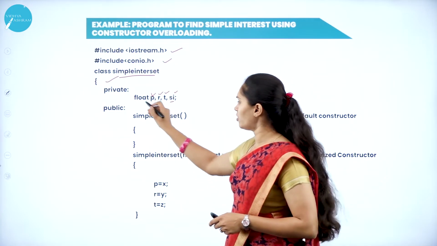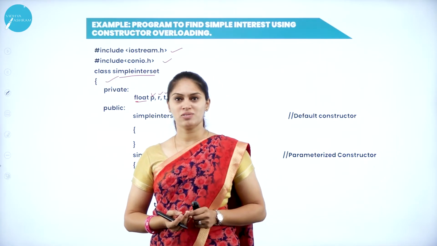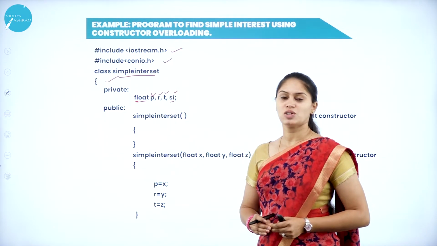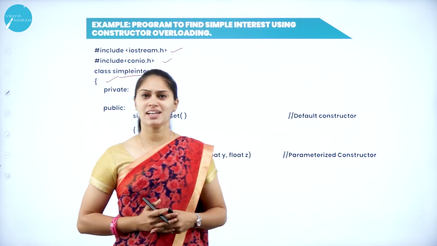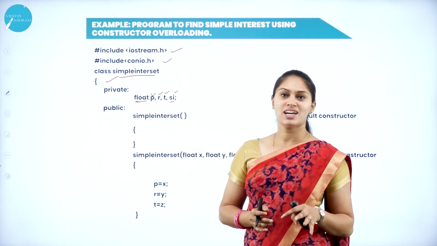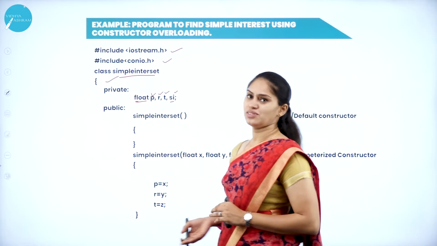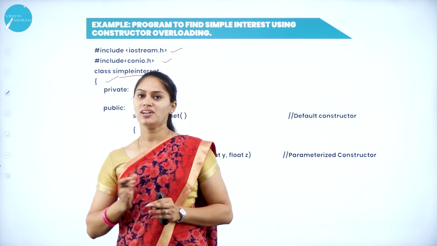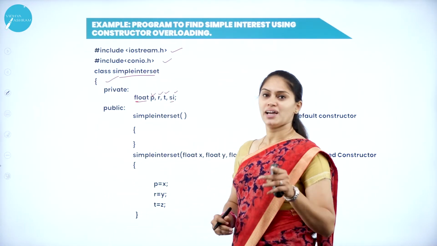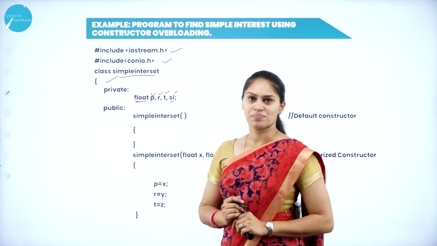But why am I taking float? Because in this program, I may give floating point values for the principal amount, the time and the rate of interest. So, ma'am, can't we use the int data type for this variable declaration? Yes, you can use it. But when I use int, if I get any fraction part, it will be cut out or trimmed, so I will get only whole numbers. In order to avoid this situation, I am taking the float data type for the variables P, R, T as well as SI. That is the reason.